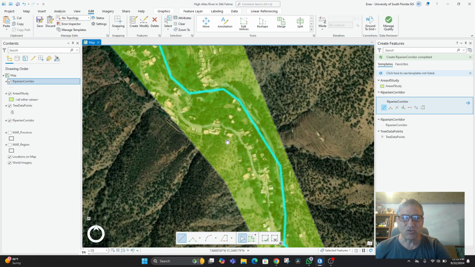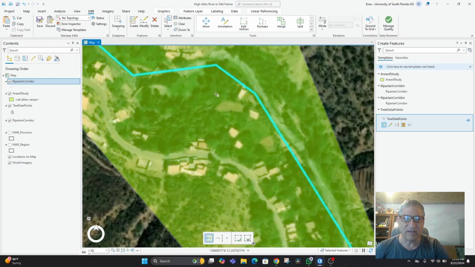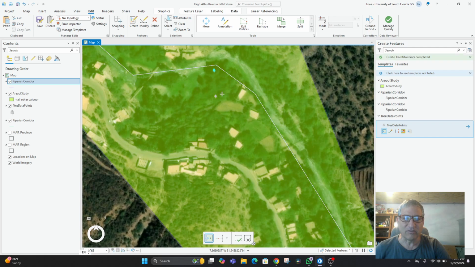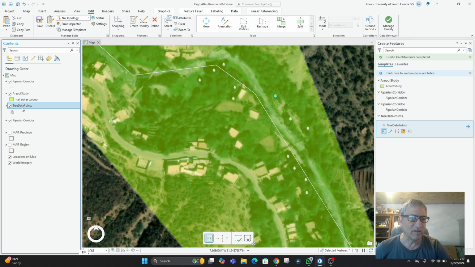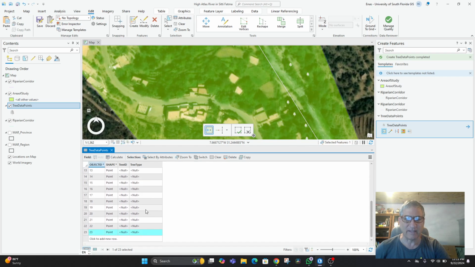If I wanted to start putting in trees over here, then I would go to tree data points and start adding various trees that are of relevance to my study, and then those will be added to the database, so you can have fun with that. And of course, when you then go to the trees data points and open up that attribute table, you'll see a whole bunch more trees have been added in there,